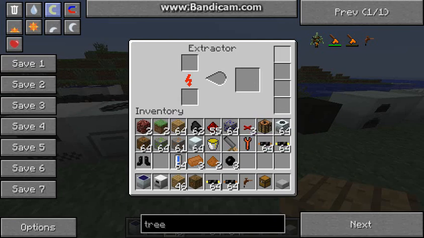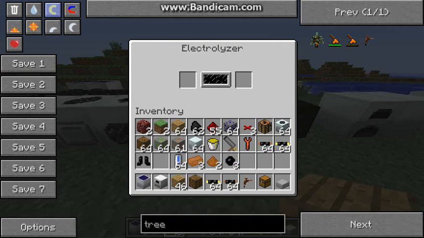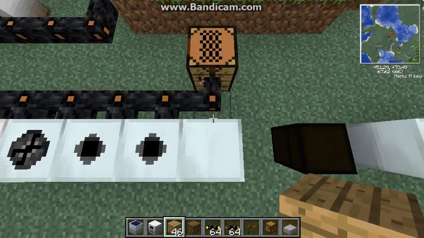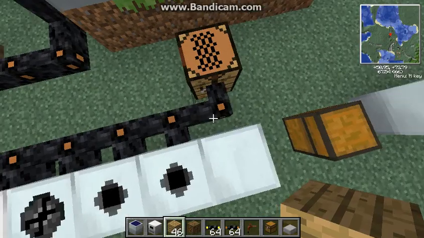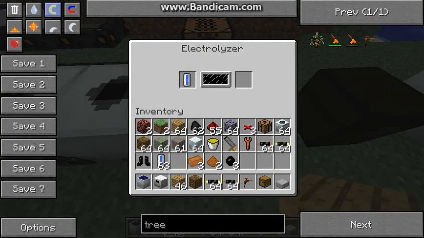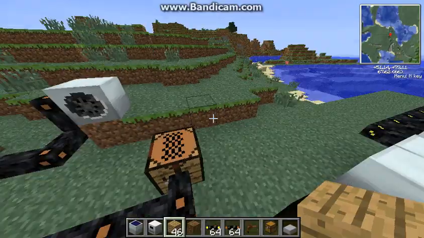Again, this accepts upgrades. This thing is an electrolyzer. I'm not quite sure how this works. It doesn't seem to want to input any energy. You can see the cables are going into the machines, but this one does not. No matter which way you put it, it seems to require energy, but it will electrolyze water cells to make certain things, which I'll go over at some point. And then there's this thing at the back